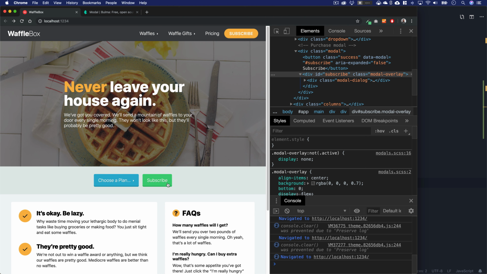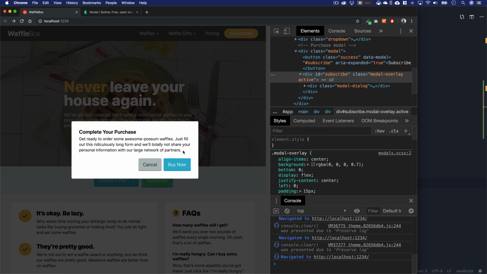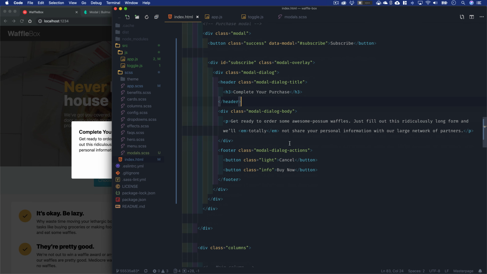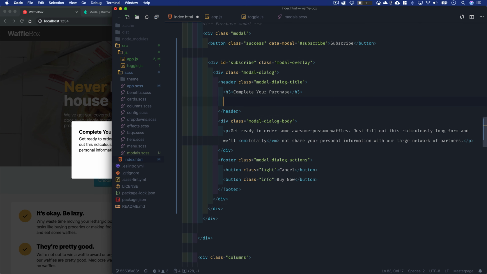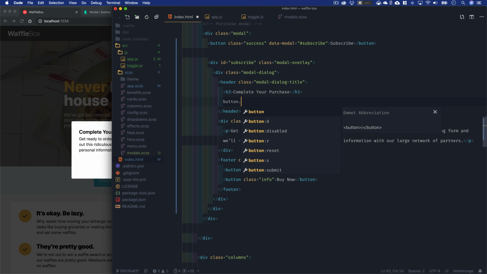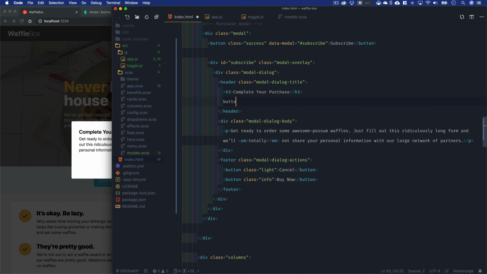In the next lesson, we're going to look at improving this a little bit more by adding some dismiss functionality to our toggle script. Right now, you can't dismiss the dialog by clicking on cancel or clicking on X, and it's going to be a big issue if you add another toggle button inside of here. So if I were to add, for example, a button, let's just add a button and then we'll add close dialog. But if we were to do the same thing where we did data modal equals subscribe on this button to create a dismiss,